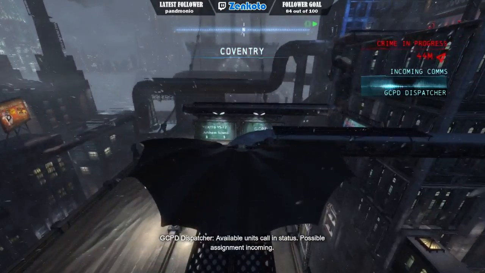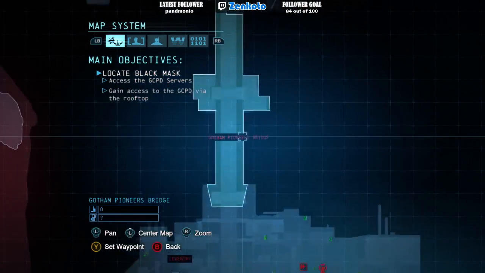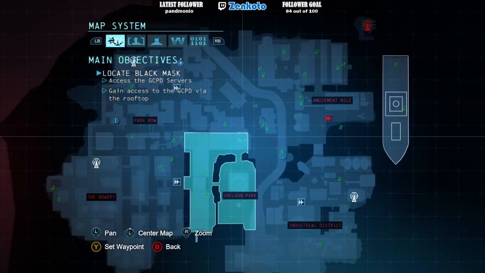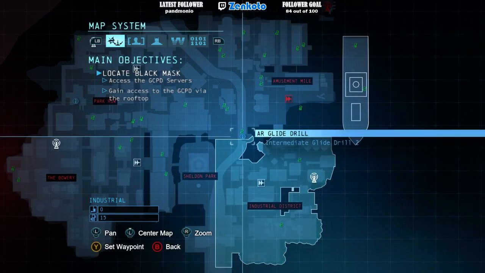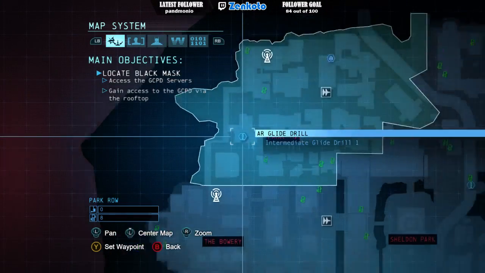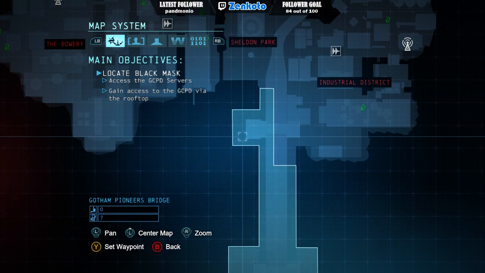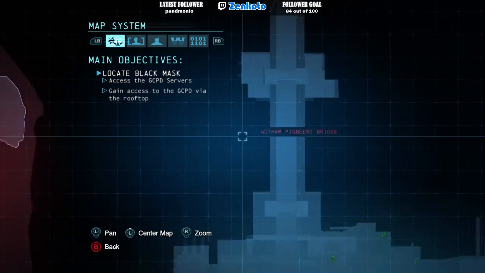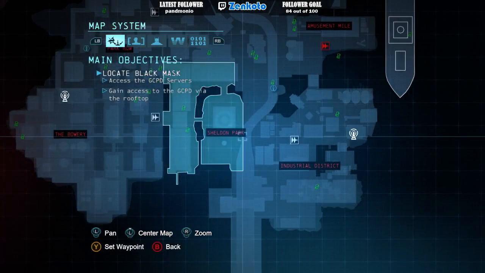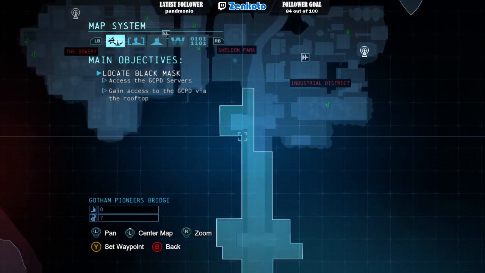Okay, so let's figure out where this... Okay, AR glide drill... Did I say 2? Okay. So there's going to be multiple of those. I've got to finish air glide drill 1. Make sure there's none of them down here. I think there's just 2. Okay, yeah. Alright, so...